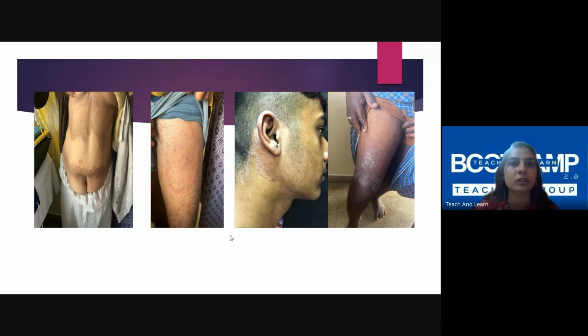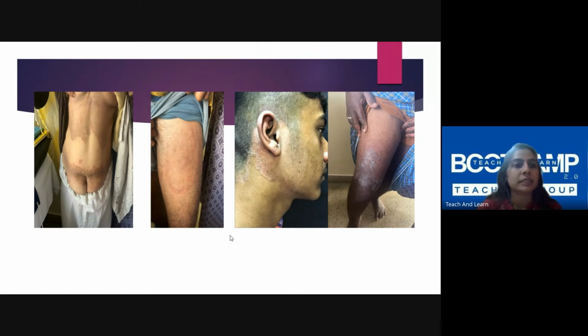You should make sure that you see all the lesions, because only then will you know whether it is the same problem or something else. You have to always tell them, I know it might be the same issue, but I just want to take a look at it so that I know how much to give. Should I give something else? Should I give two tubes or one tube? Just tell them the explanation and they'll be more than happy to come inside the curtain and show the lesion to you. So always make sure that you see where all the lesions are.